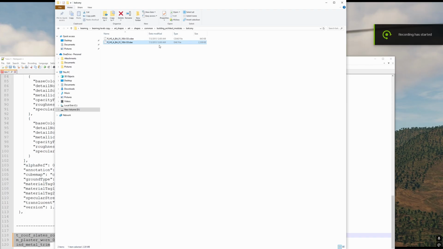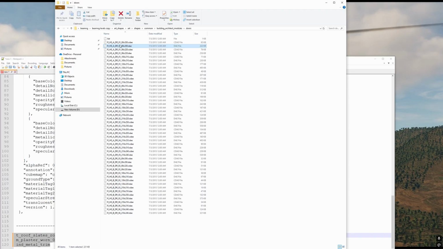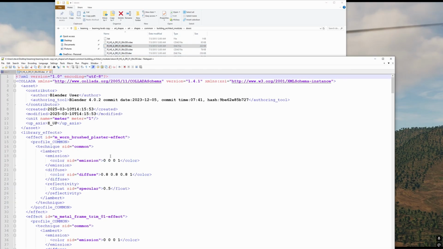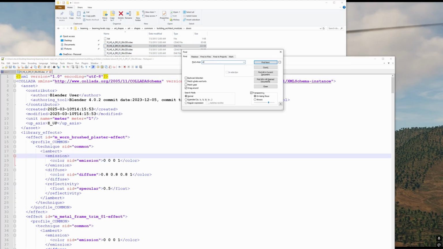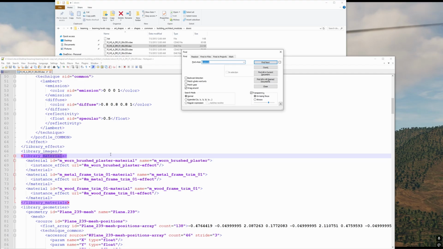That's pretty much it for that DAE. I'm just going to go to another DAE file. Let's look at doors. I guess you could look at doors. And if you look at doors, Control F, material. I don't know why I showed you the JSON method. That was probably the worst to show, but, oh, material. If I look at material,